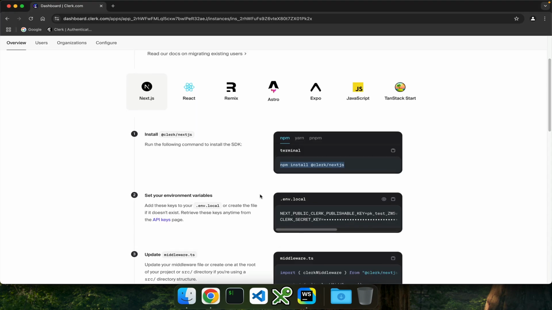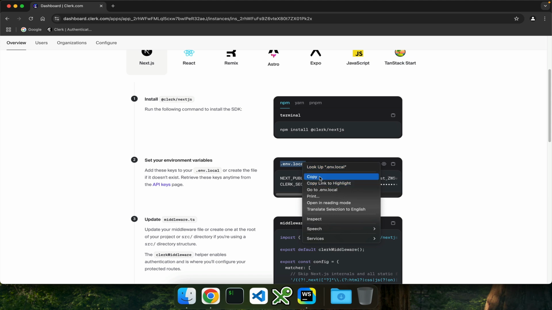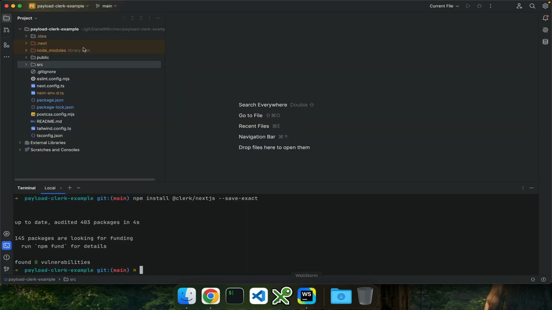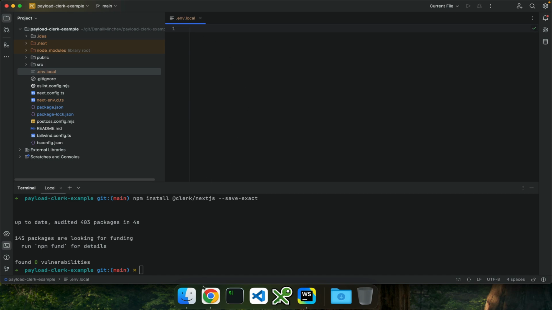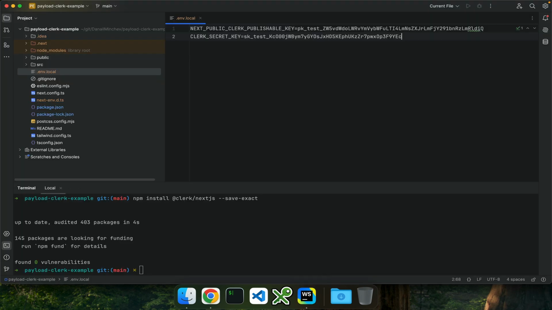Okay, let's go to the next steps. We need to create environment variables which will be used by Clerk. So I'm going to create an env local file in the root of the project and copy. I'm going to revoke this application later, so don't worry about the keys. I'm also going to create an env example file so you can use it